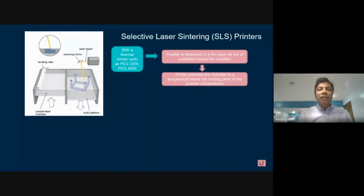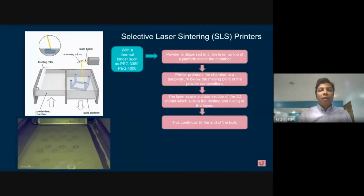Selective laser sintering is a viable technology. It is one of the fastest 3D printing methods, and as you can see in the image, that's what sintering means. The original technology was developed for metal, but some of our binders, like PEG 4000, are used for hot melt granulation at higher temperature. So the laser is high energy and